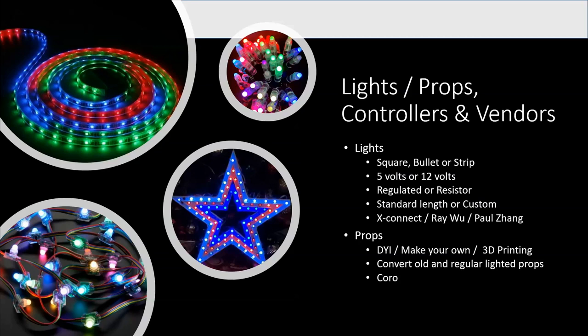With 12-volt pixels, you can go 200 to 300 easily before you need to do the same process. When it comes to regulated or resistor style pixels, that's been a big debate this year. I do resistor pixels for my display, and it's kind of a technical topic, and I'll put a link to